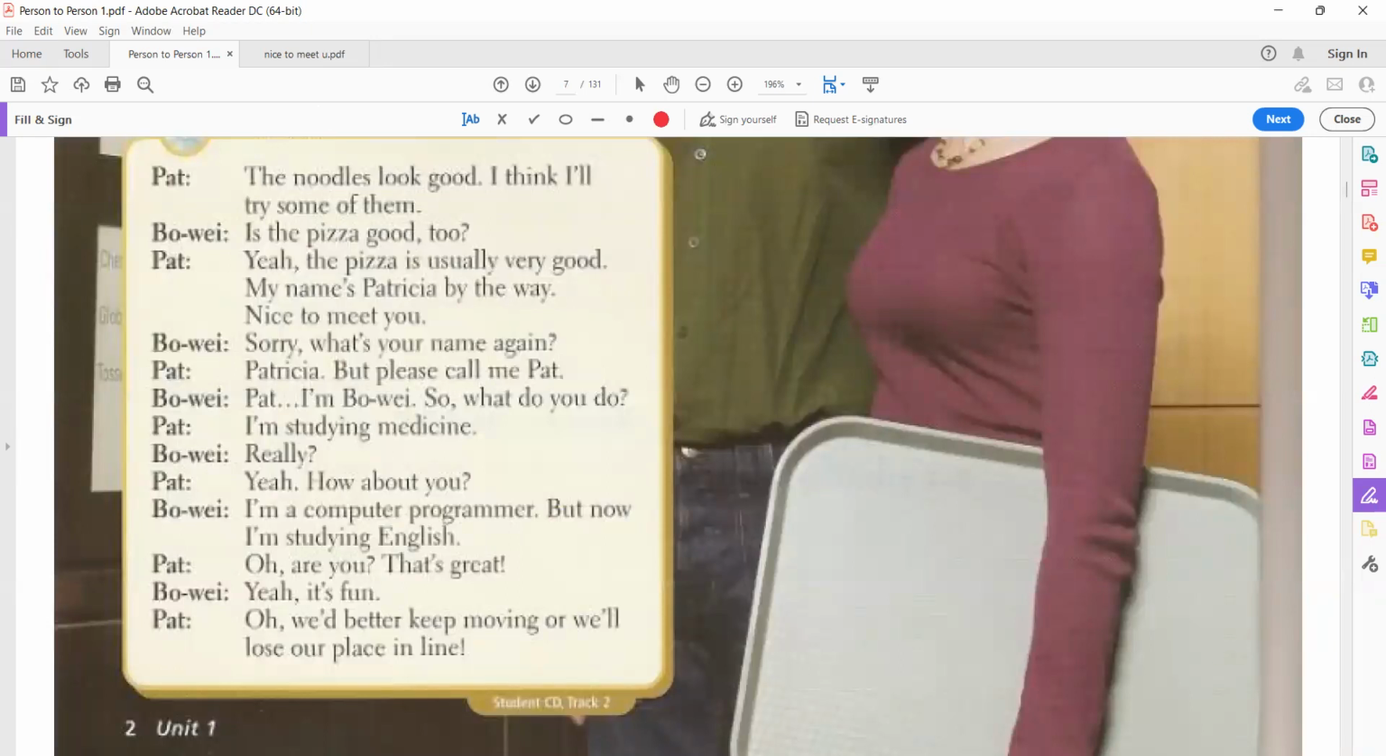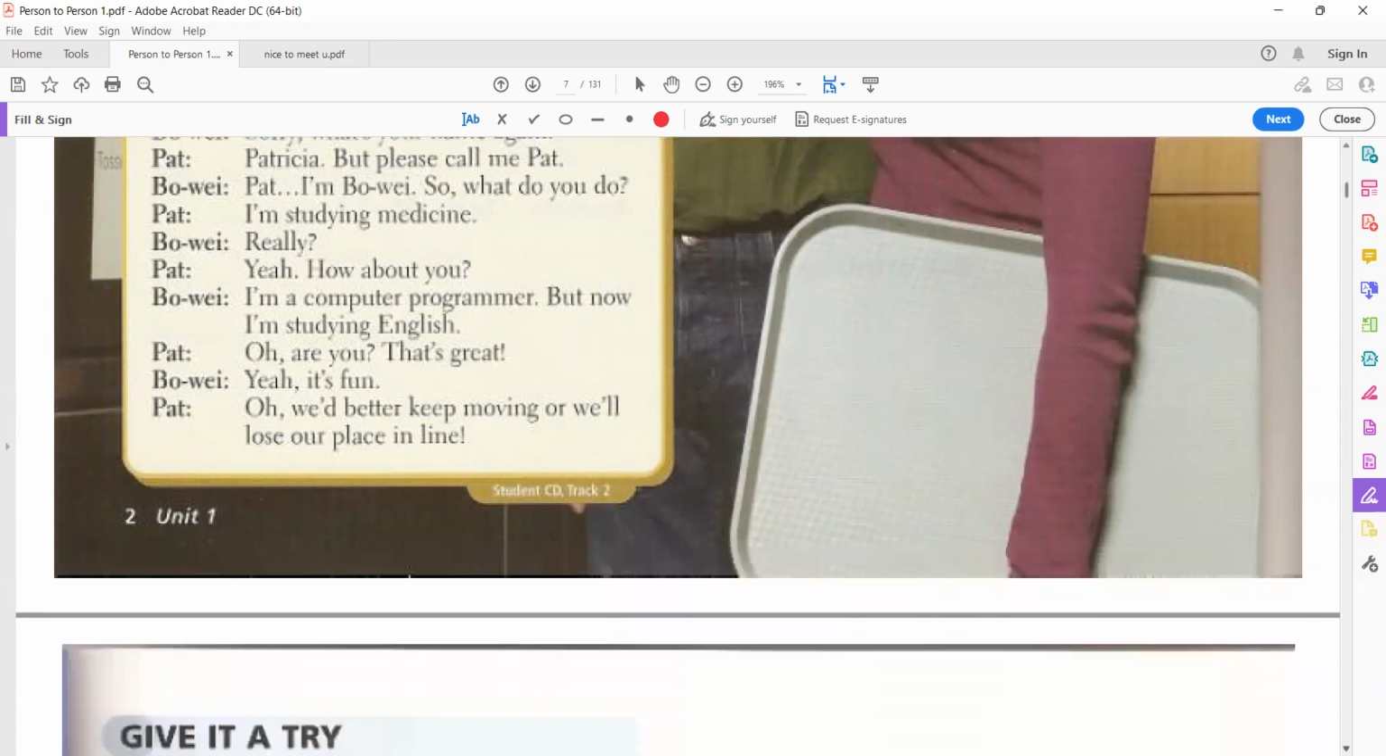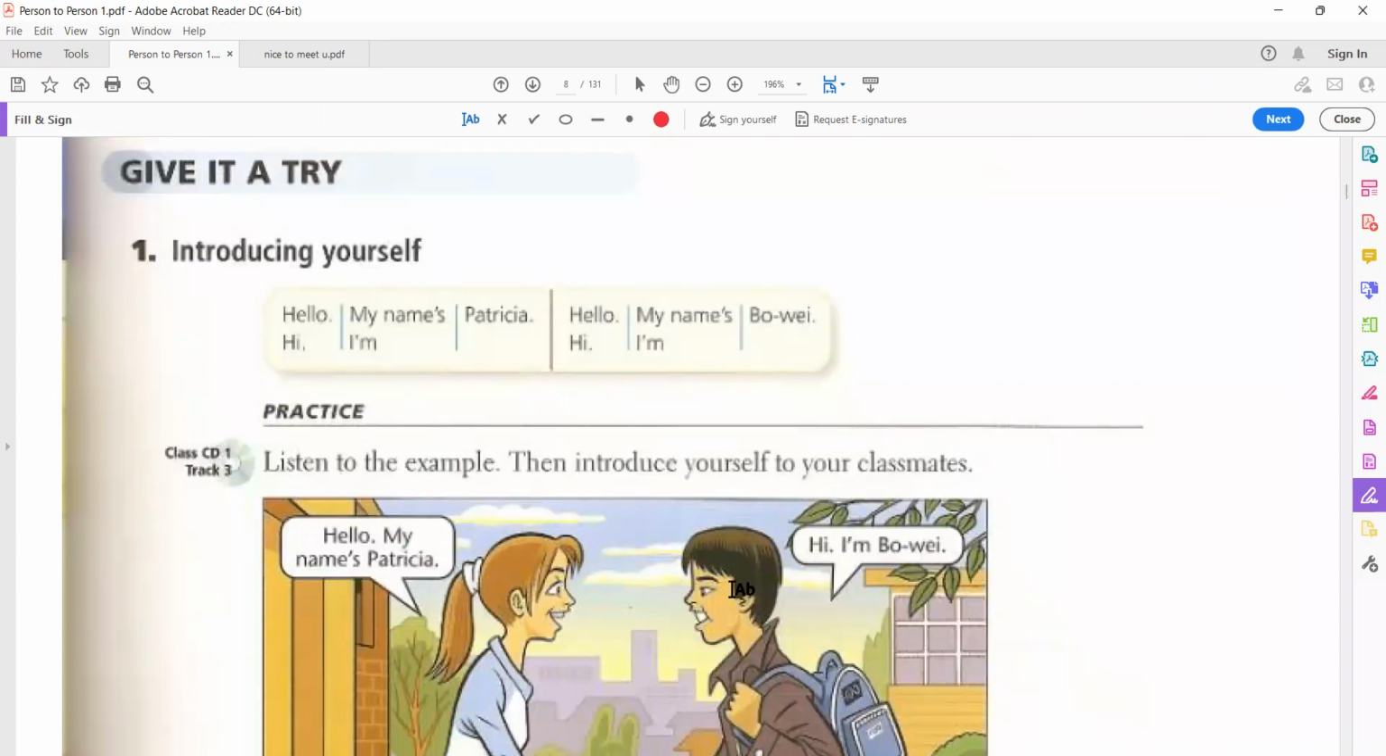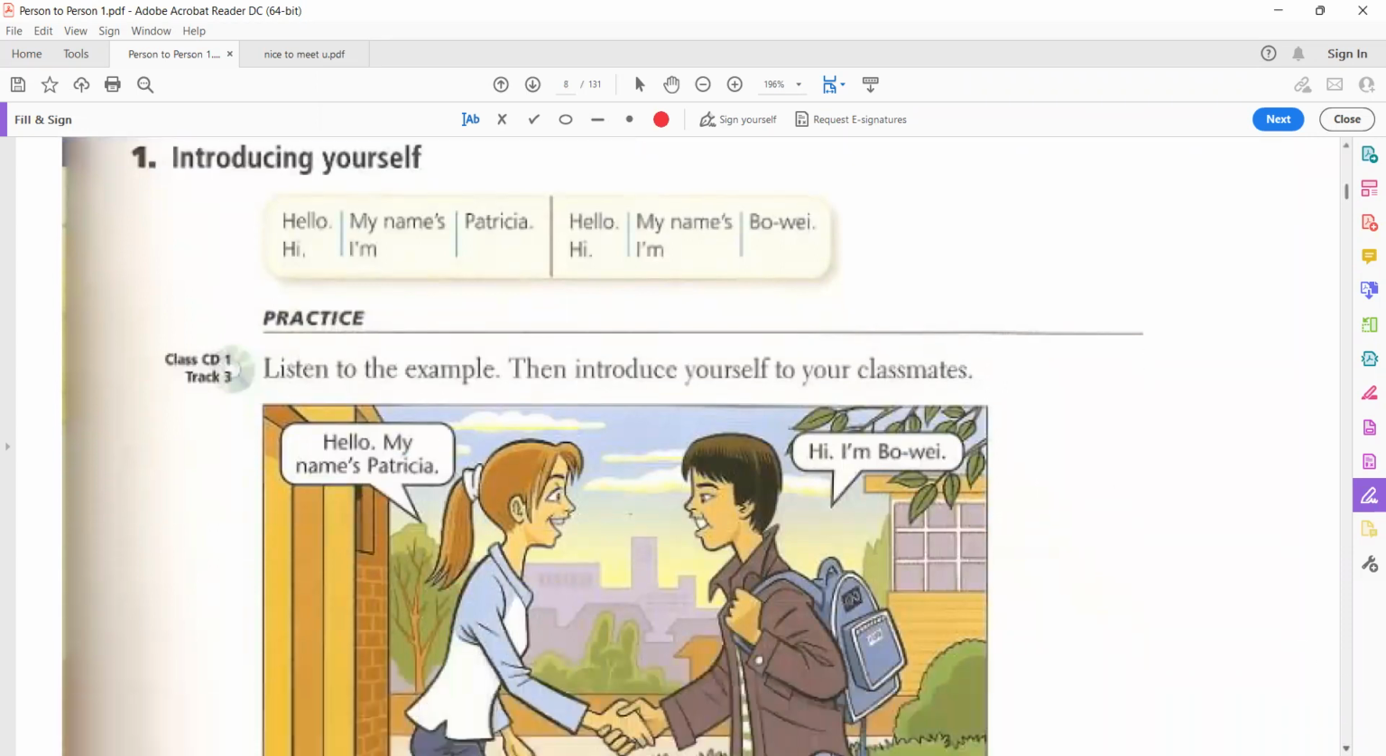Okay. Now, if she didn't start the conversation with small talk, she would have said hi or hello. She would have introduced herself by saying hi or hello. For example, here, hello, my name is Patricia. Hi, I am Bo. So in this case, there was no small talk. They just started conversation by introducing themselves first. Okay,